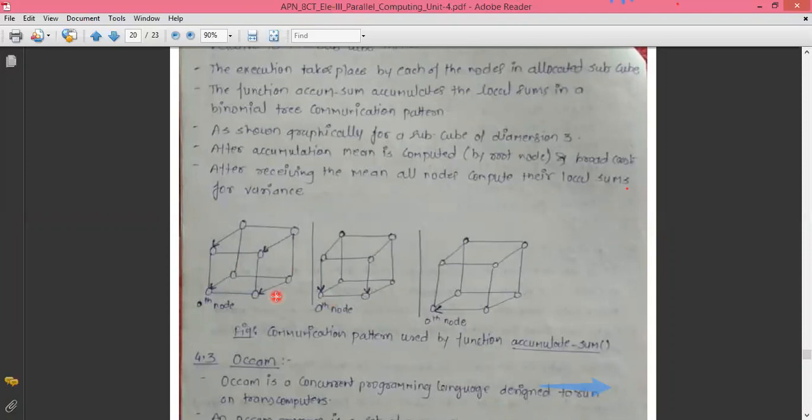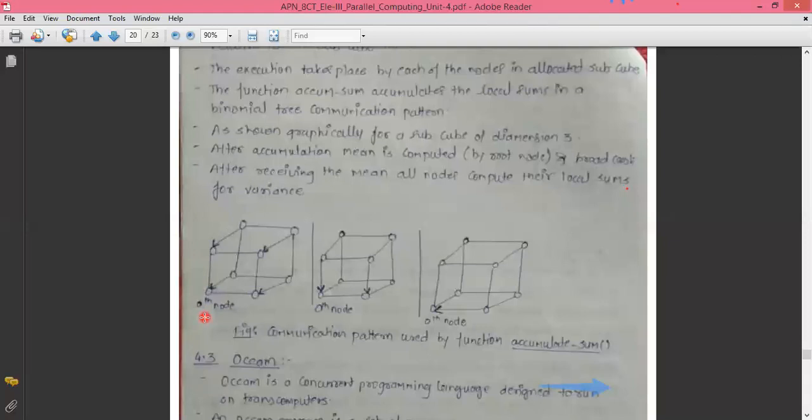Upon receiving the tasks, each and every node performs its execution and returns the results back to the zero node. Always remember the example when you are learning about the NCUBE parallel programming language: the principal of a college and the rest of the departments. All the tasks get into the college only through the door of the principal. If any task or activity has to be carried out, the respective departments have to be informed.